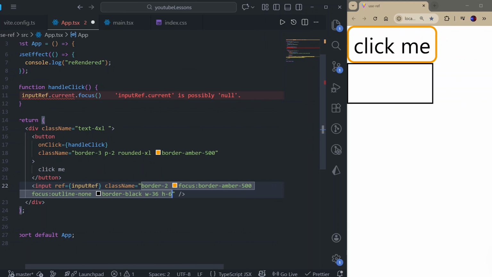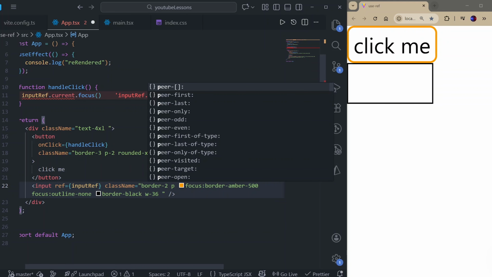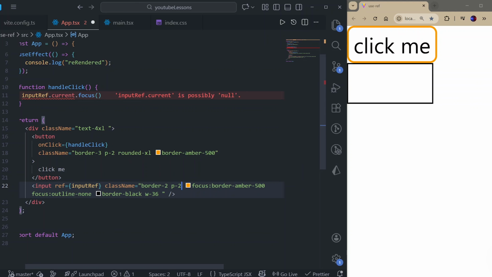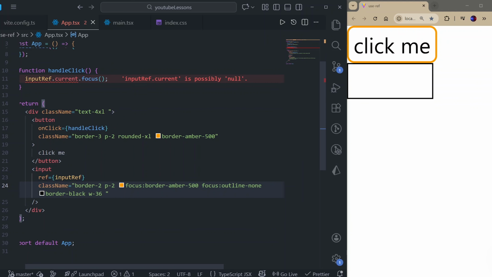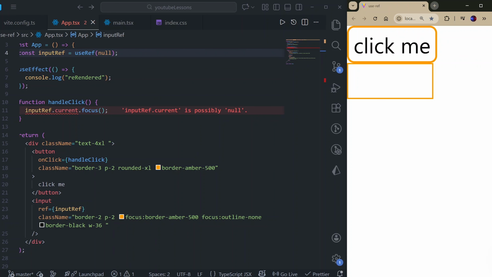Let's remove the height here so it doesn't disturb. And then let's have a padding of 3 or 2. Let's save. Now when I click on the button, my input turns amber because it's in focus without this component re-rendering. And to prove that, let's go to our console